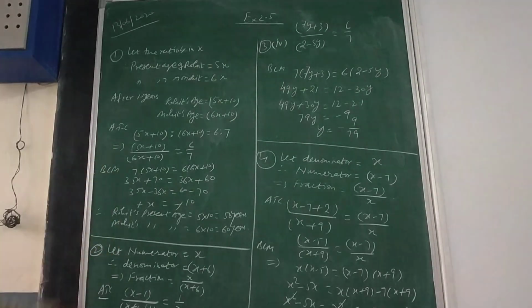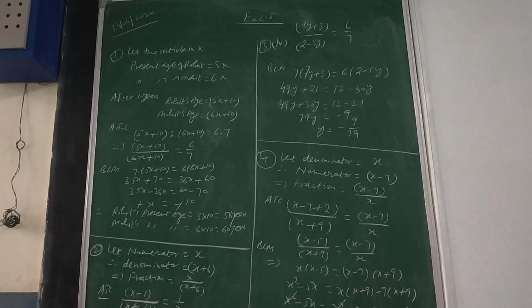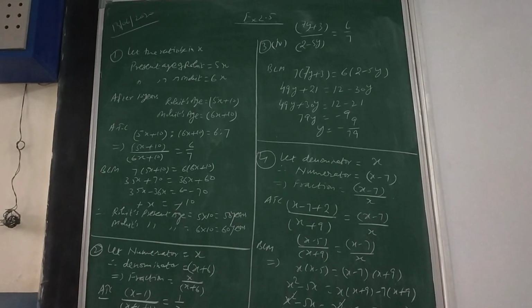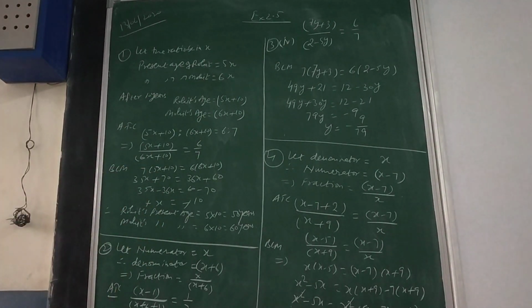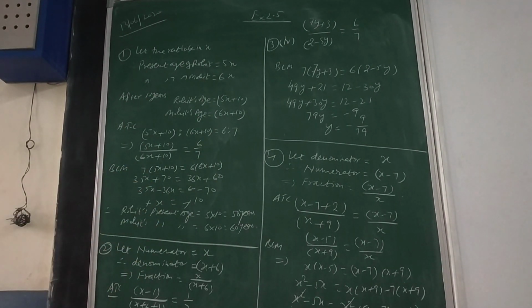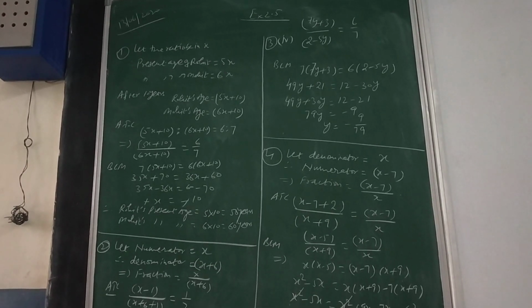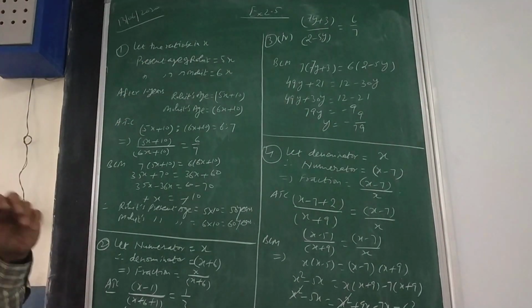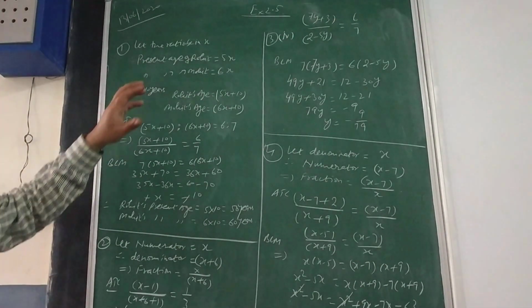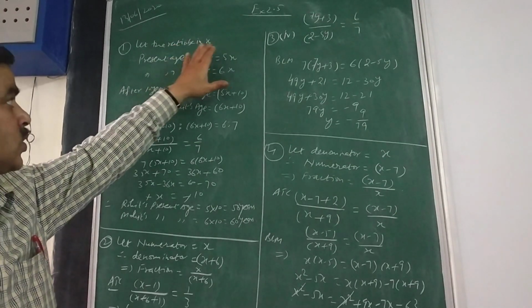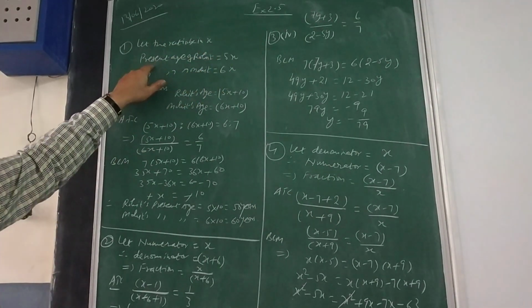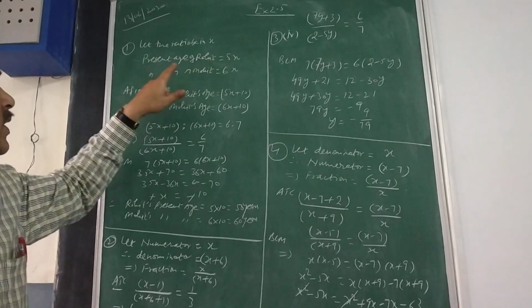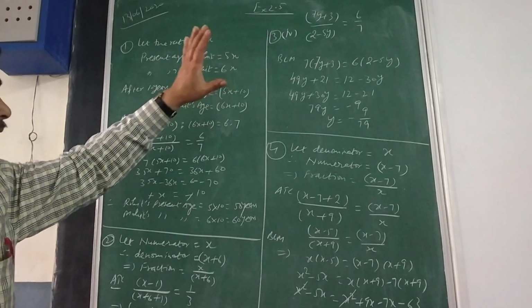So the first question is the present ages of Rohit and Mohit. It is Mohan in your book, so accordingly you work out 5:6. Ten years from now the ratio will be 6:7. You need to calculate the present ages. Whenever a question involves a ratio, in any category, consider the ratio in x. So the present age of Rohit will be 5x and Mohan's will be 6x.